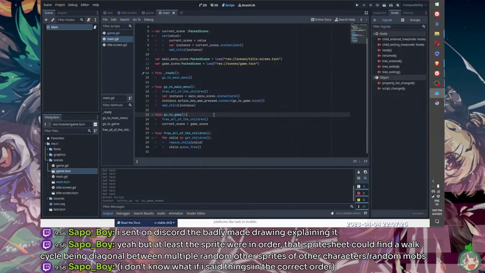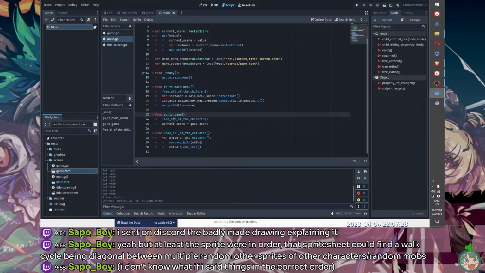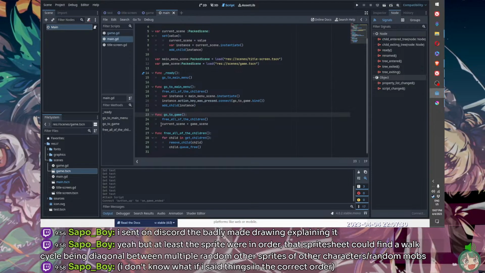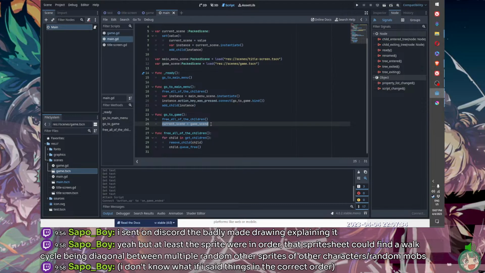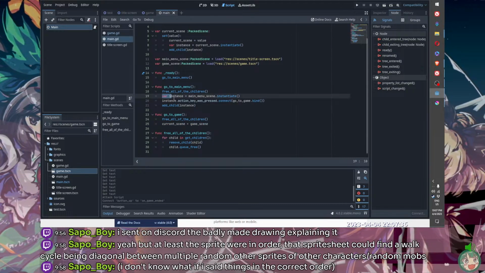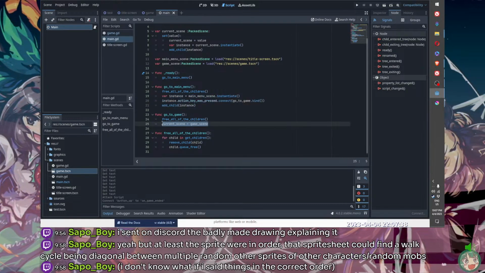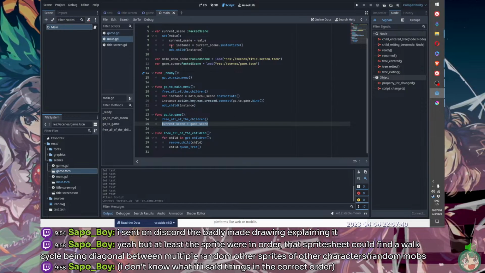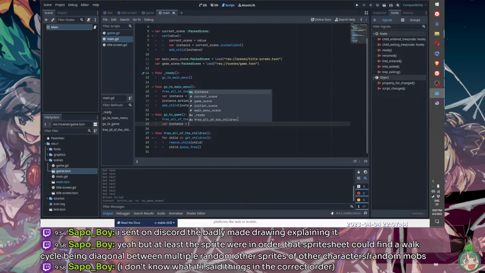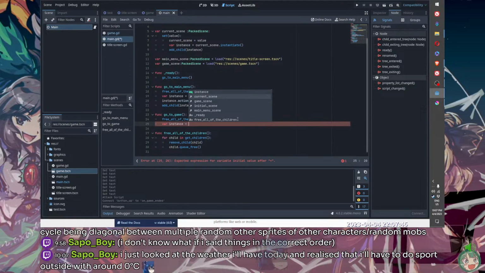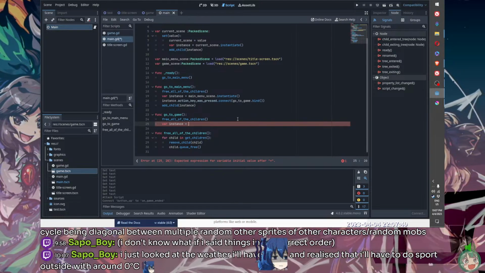So free children, and instead of doing these, we'll have to do it manually. So the instance is,